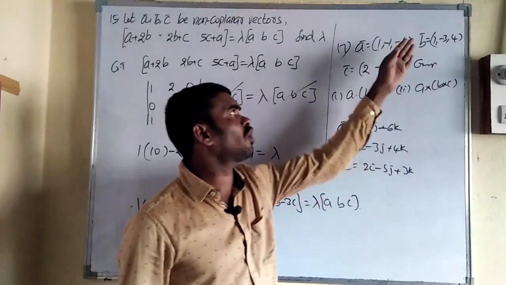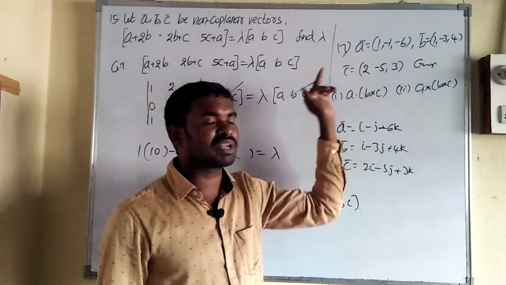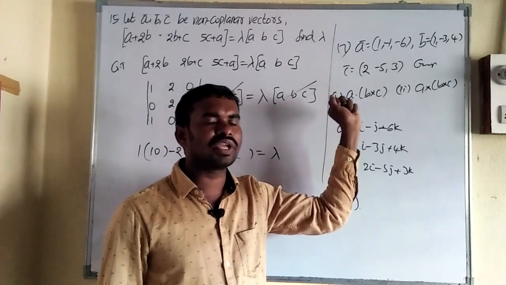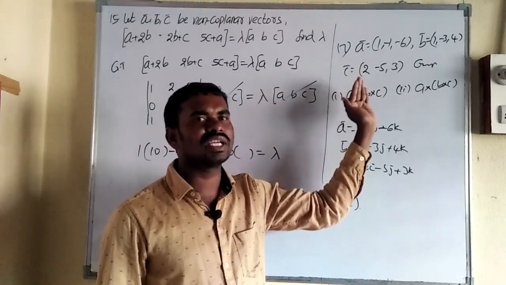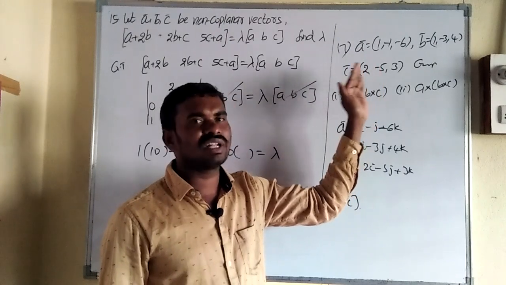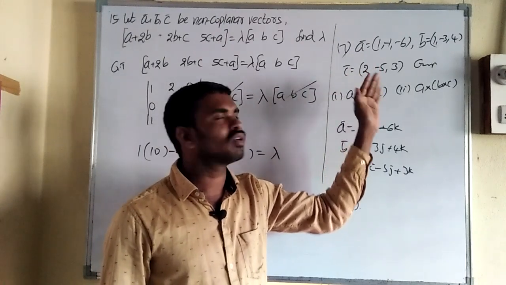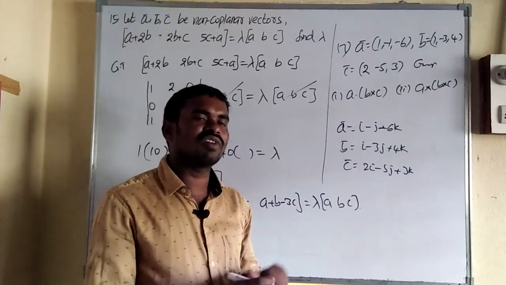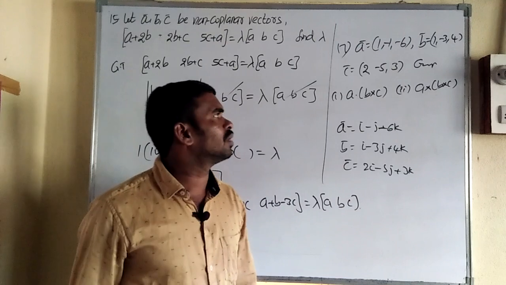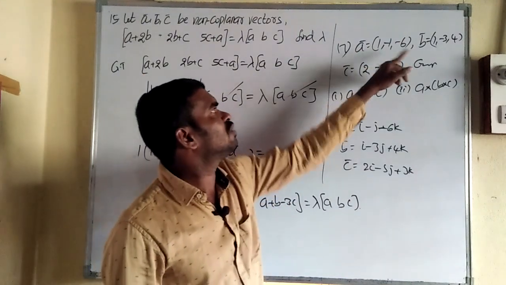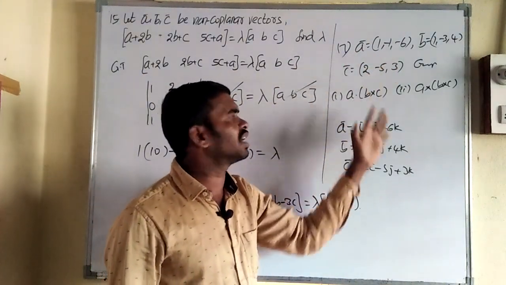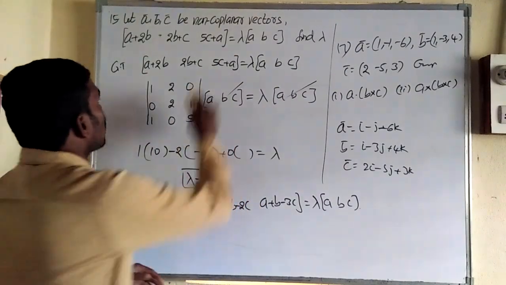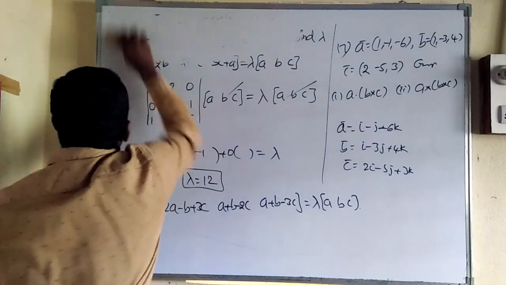Actually, we can think those are the points. When it is mentioned as capital A equal, capital B equal, capital C equal, at that time we should write the position vector of A, meaning OA is equal to so and so. If capital B is given, then write the position vector of B, OB equal to so and so. We did many problems in which points are given, converted to position vectors and solved the problems. But here small a, small b, small c means the vector is given directly. Okay, got it?